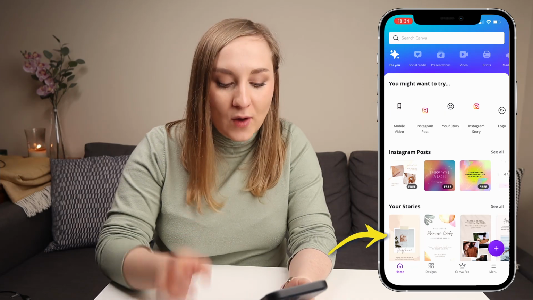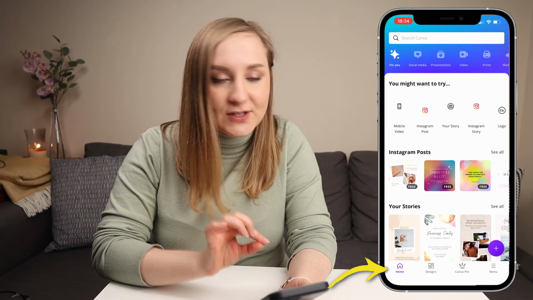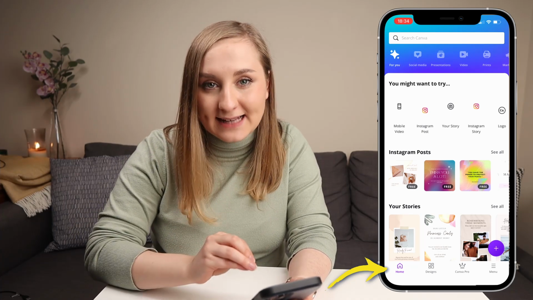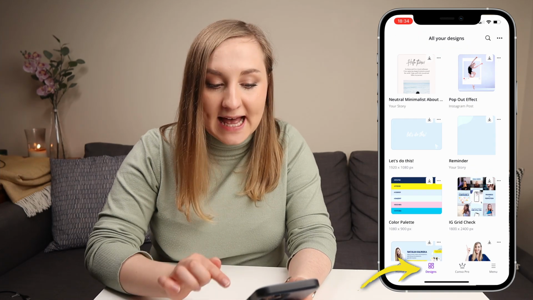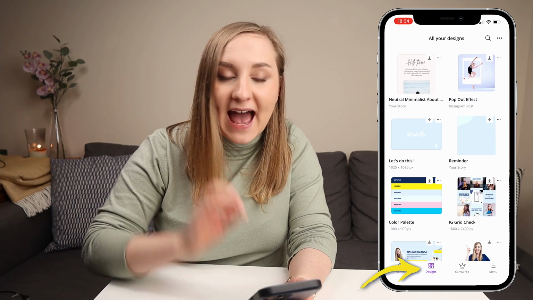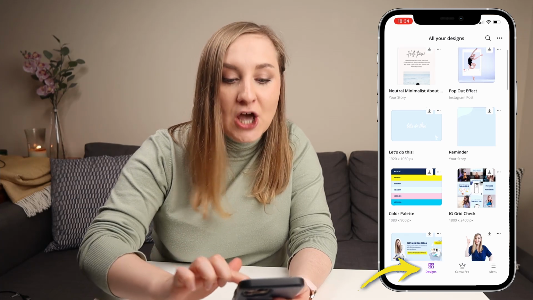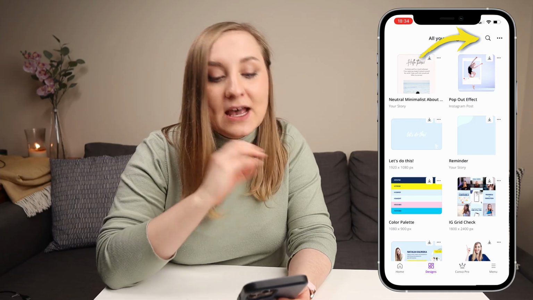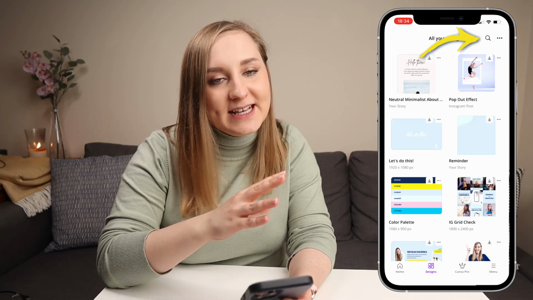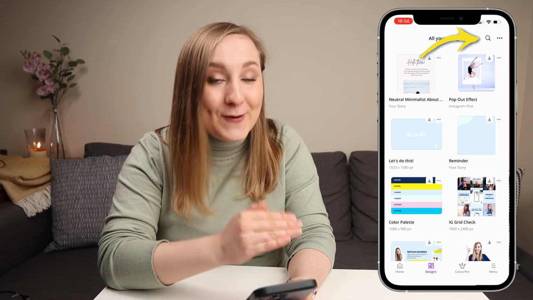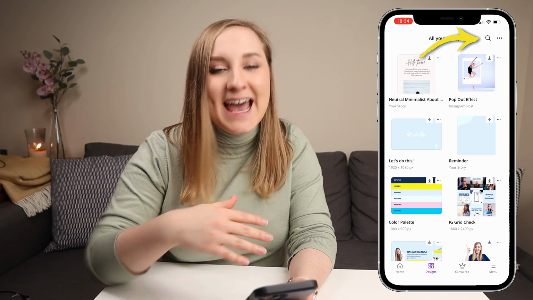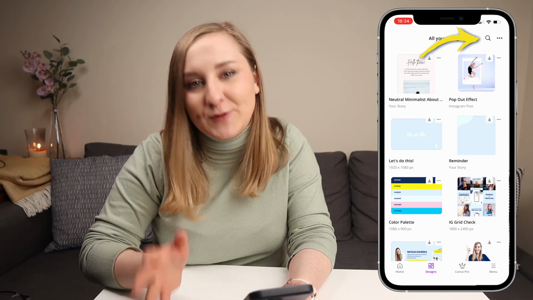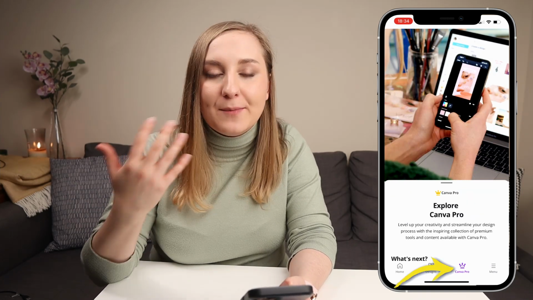So in the bottom panel, you have a few different buttons. First of all, you've got the home page. So wherever else you are, you'll always be able to quickly access the home page. Then you have your designs, and that is your way to quickly access anything you've designed previously. You can scroll through it, and at the very top, you also have a magnifying glass, which will help you search for something, which is a very exciting development from Canva, because before you couldn't really search for your designs, and it would be a pain to scroll through all of the different previous designs that you might have created before. The next tab is your Canva Pro tab.